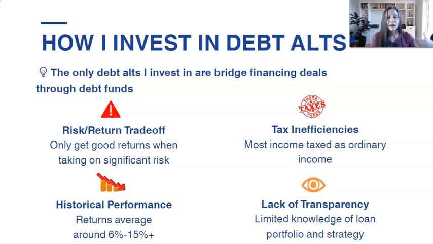So it was kind of like real estate investing, but you got higher returns in the sense that you were providing a gap because no banks would lend to this. We were the only people really who were willing to lend to this specific group of people. So that's why I liked it. It was also set up as a REIT, so it minimized some of the tax impacts. I'll talk a little bit more about the tax inefficiencies with debt alternatives. So it did minimize some of that to some extent.